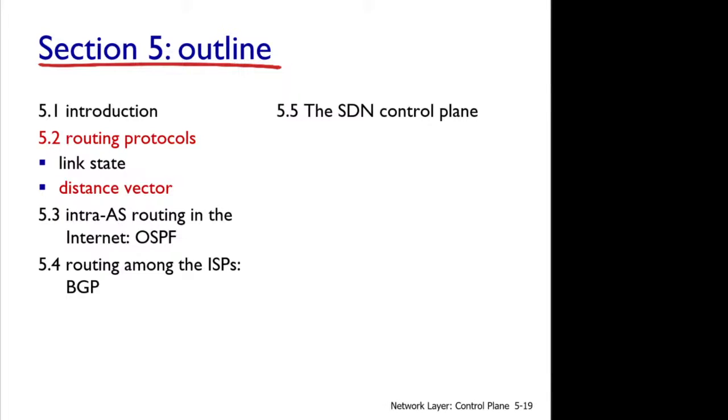Right, so I've just covered the link state algorithm, and if you just think about it, it's global. It uses global information. In other words, the link state algorithm requires knowledge of all the link costs in the network. So Dijkstra's algorithm needs to have a full picture of the whole network over which it's trying to calculate the least cost path, and that's a very important point,